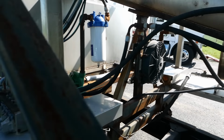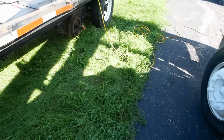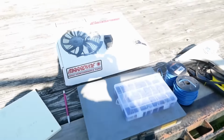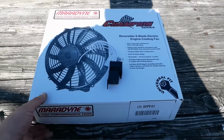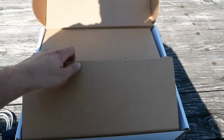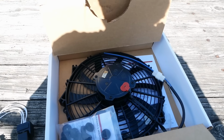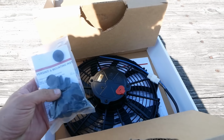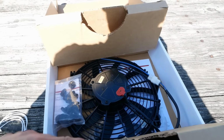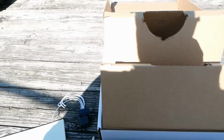So, in the meantime, I went to Zoro, which is the online version of Grainger, and I bought this Marine universal cooling fan. It's reversible. It's got a universal mounting kit. Should work just fine. As far as the electronics go,